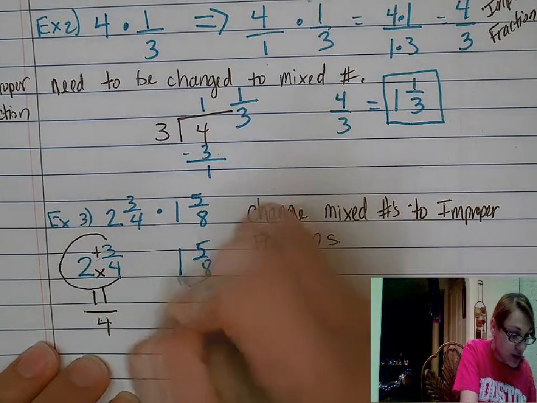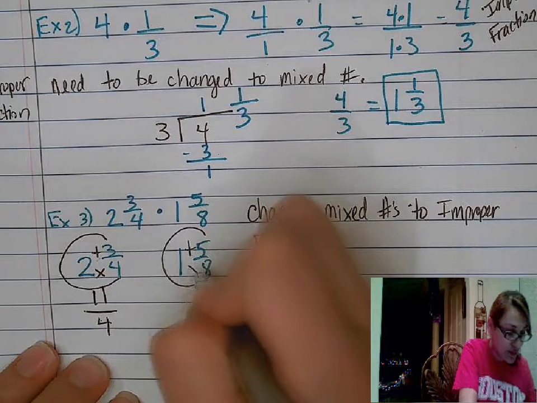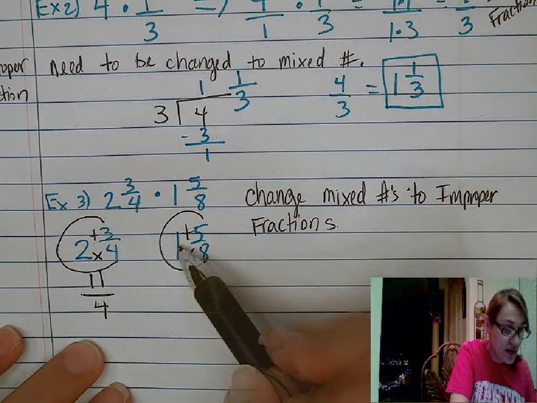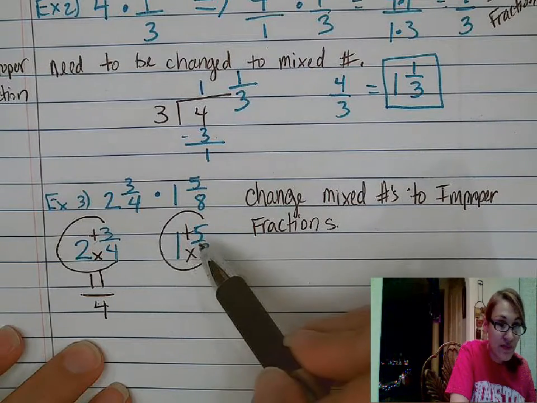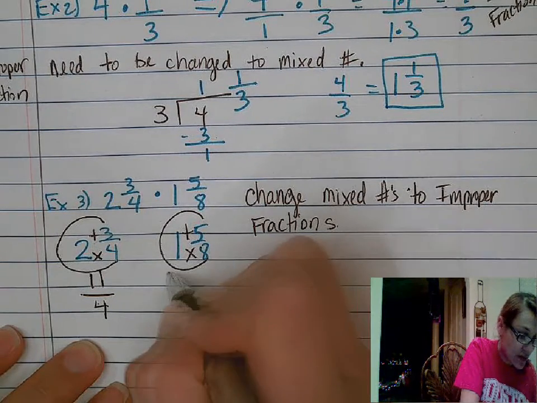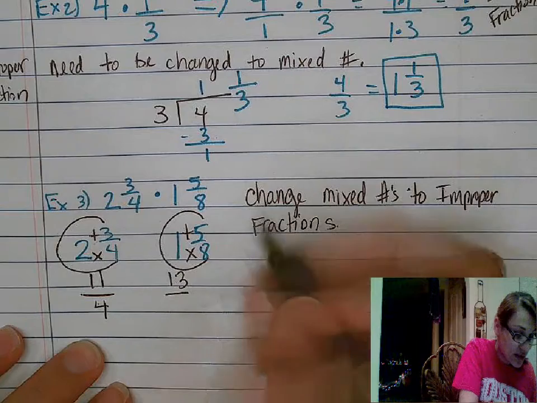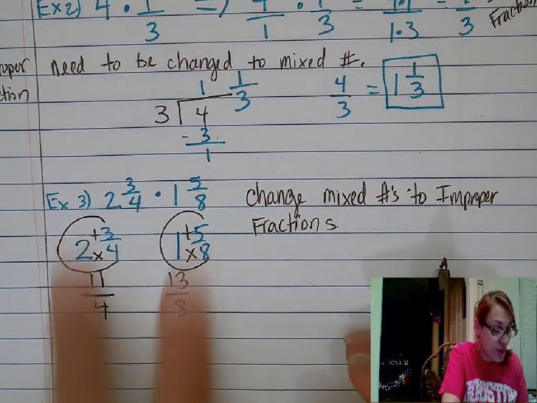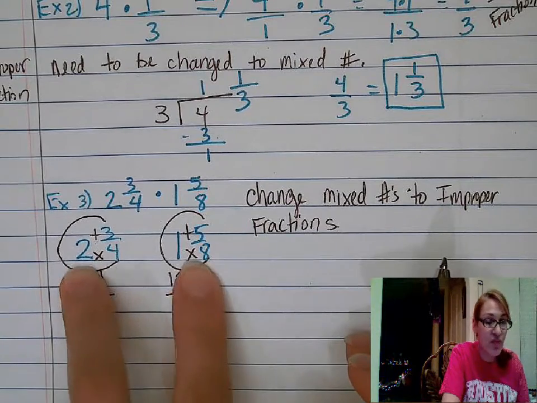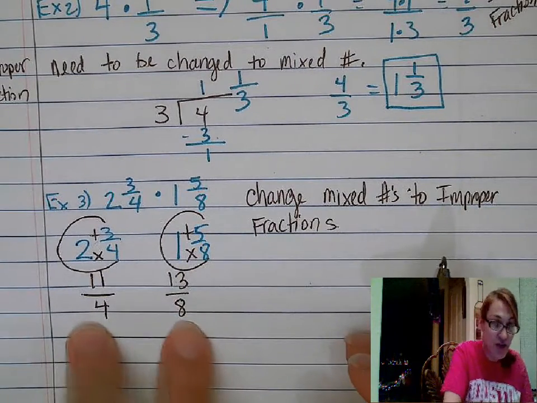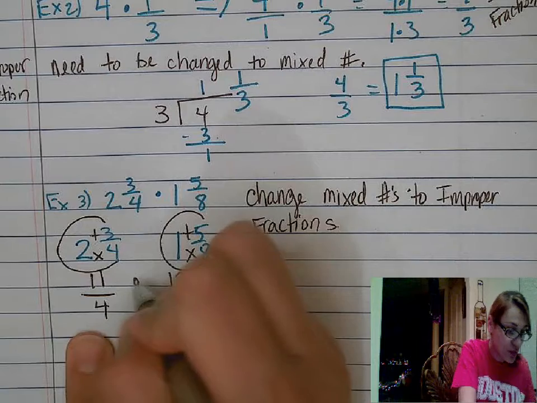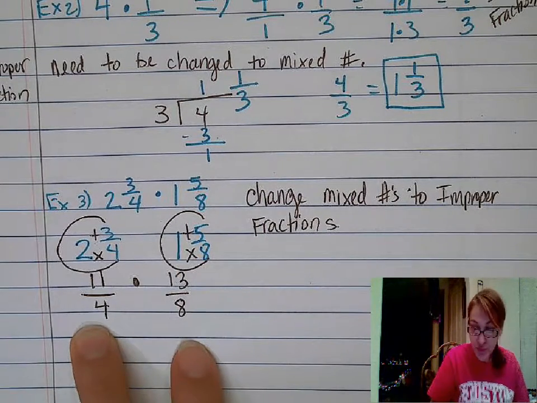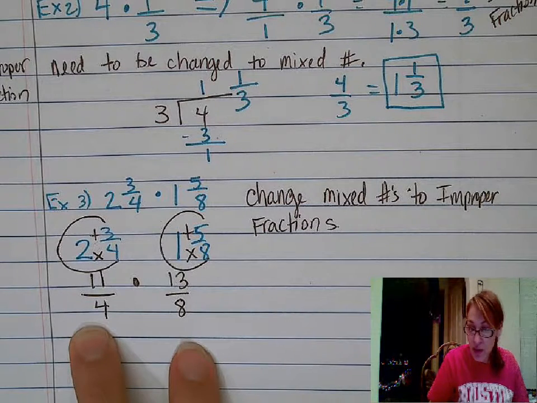So now we're going to do all around Texas on this next one. So now we have 8 times 1, which is 8, and then 8 plus 5 is 13. So now you have 13/8. And remember, we were multiplying these mixed numbers. We made them improper fractions first. So don't forget your multiplication symbol. So now we can go ahead and multiply those